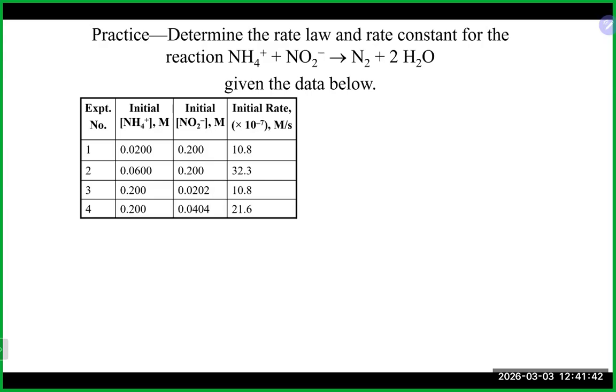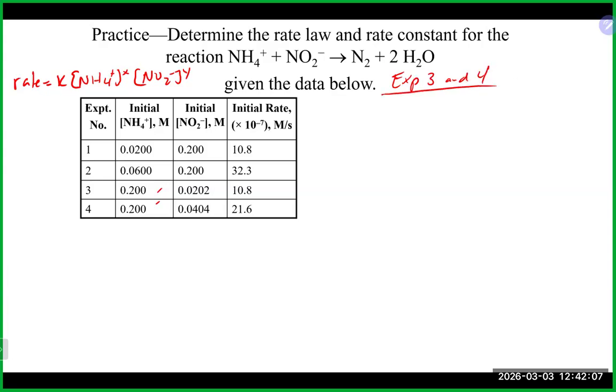So again, we'll start out here with our orders to try to figure out, and then work from there to get everything else. And a little generic rate law here. All right. So again, going to our table, looking to keep something constant. I can see 3 and 4 looks pretty constant there. So we can go with experiments